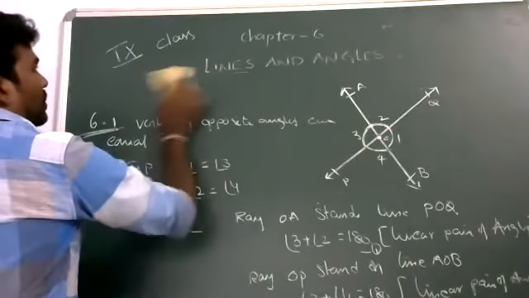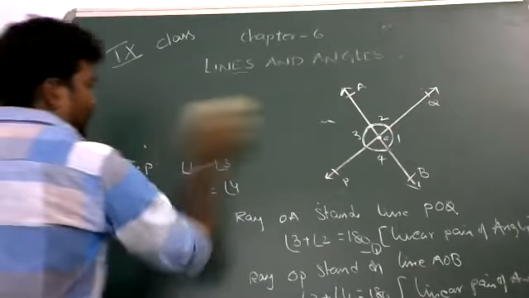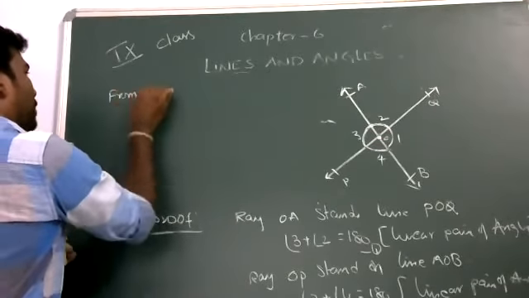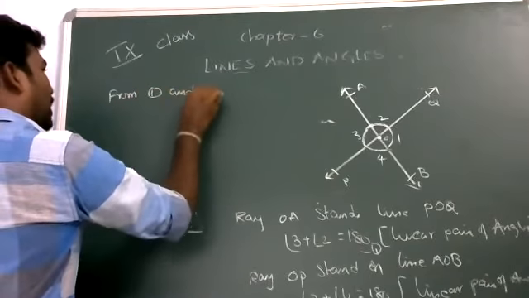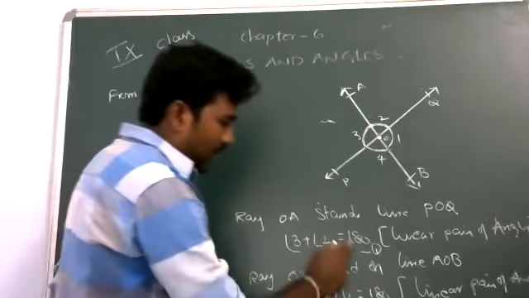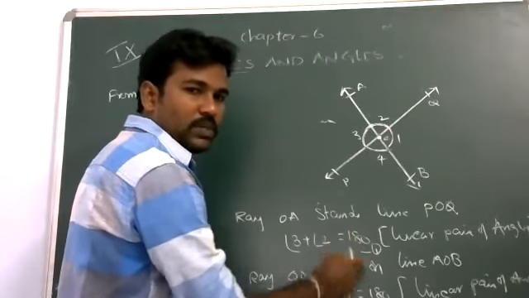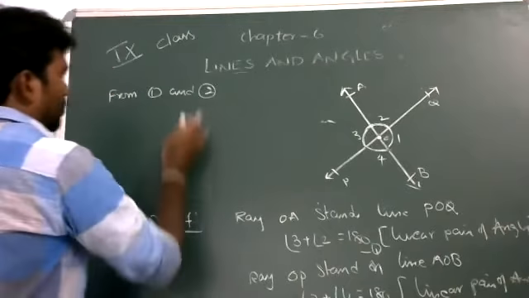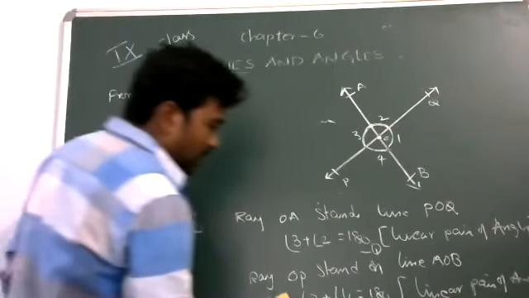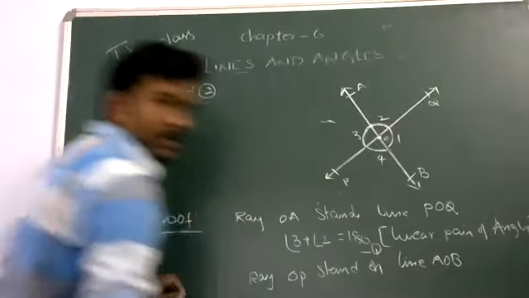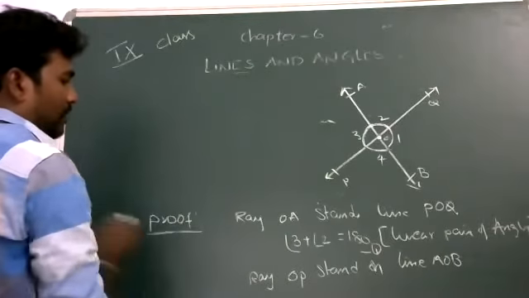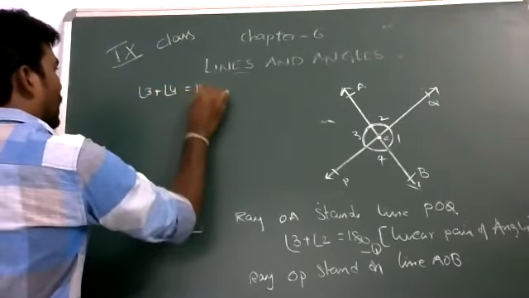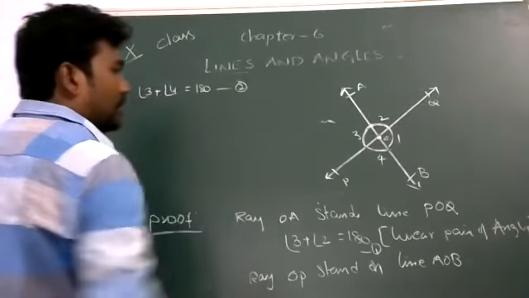So now I am going to erase all these things. Already we know from equation 1 and equation 2 that RHS parts are equal. 180 degrees equals 180 degrees. So that means LHS also equal. I think this one is not appearing. So second one now. Here you can write angle 3 plus angle 4 is equal to 180 degrees. This is equation 2.